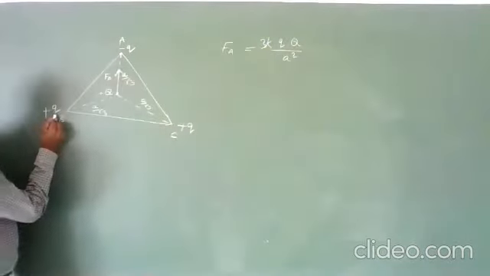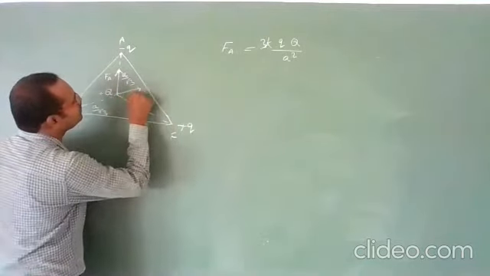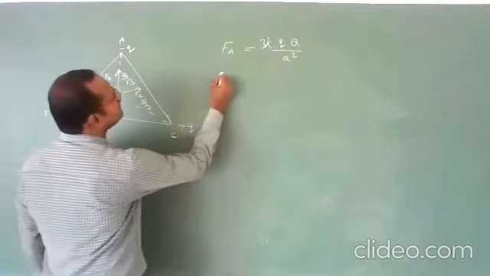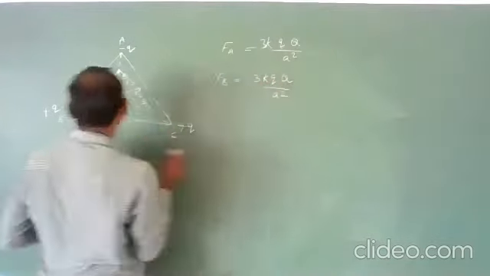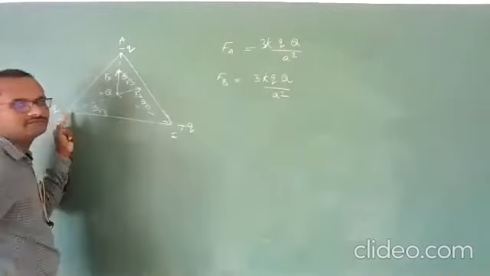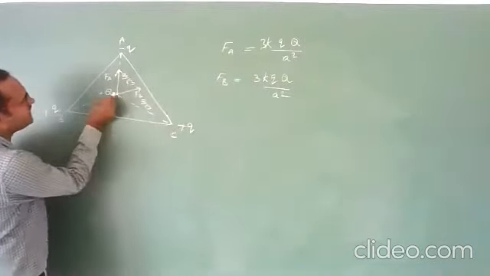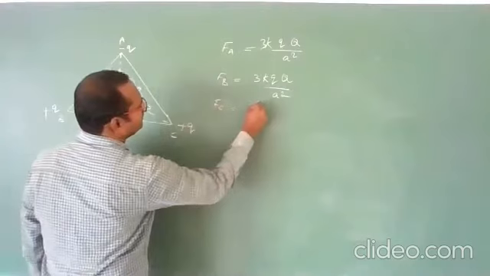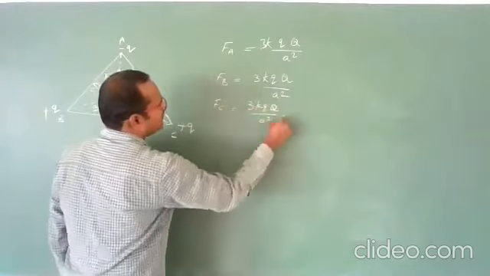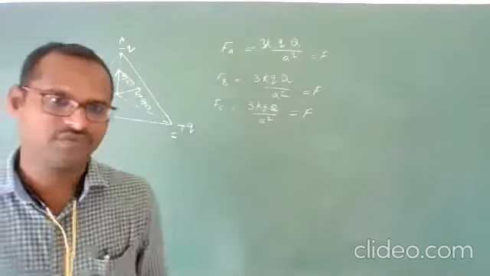Clear? Okay. Next, force due to the charge at B, in which direction? That will be in this direction. That is the force due to the charge at B. The value is again the same, 3KQq by a square. This is a repulsive force now, so that's why it is on that side. Next, force due to the charge at C is again in this direction. Clear? FC value, how much? Again 3KQq by a square. So all are equal in magnitude, all the values are equal. Let us take it as F.